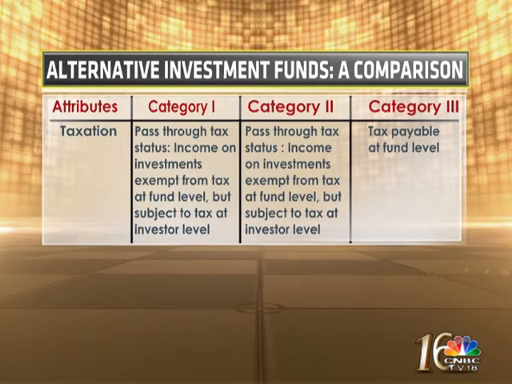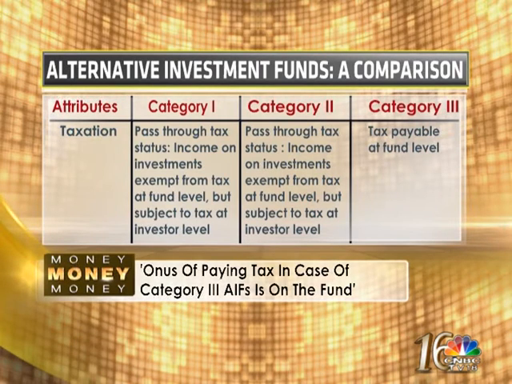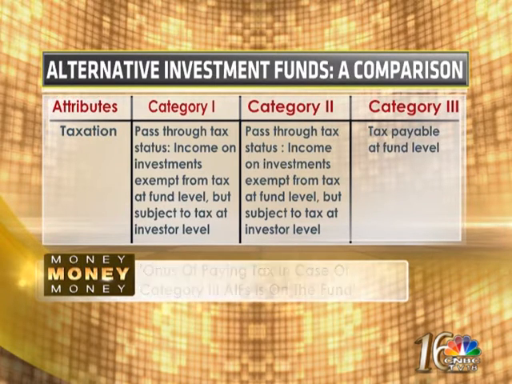It's just that if the tax is streamlined by the income tax authorities, this whole category can appear hugely attractive to any of those investors. So what do you mean by streamlined? What we have been recommending is that the incidence of taxation be transferred from a trust to an investor. Okay. Currently, we are at the trust. Which is pretty similar to the pass-through status that Category 2 enjoys.